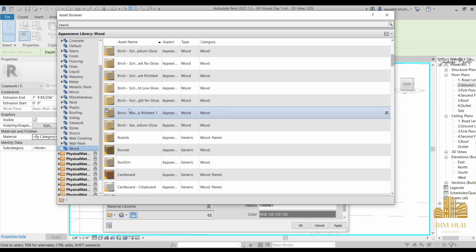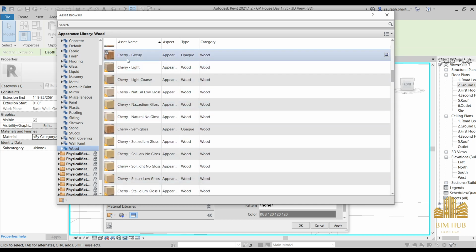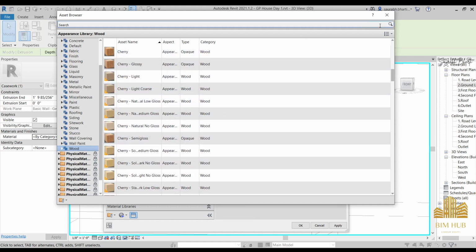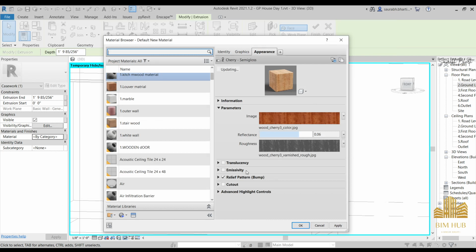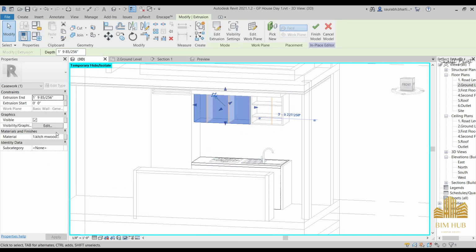Okay, that cherry looks like what we want. So either this cherry or this semi-gloss cherry. So I'm going to use this semi-gloss cherry, and there's no relief. Okay, we have some relief patterns. So reflectance, just reduce the reflectance, apply it,